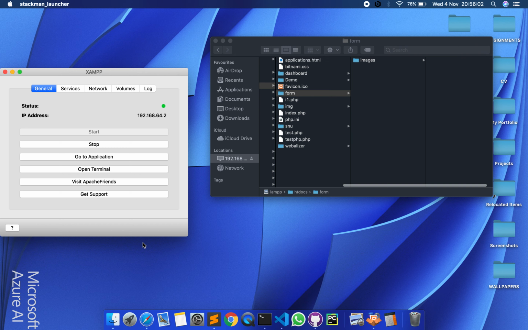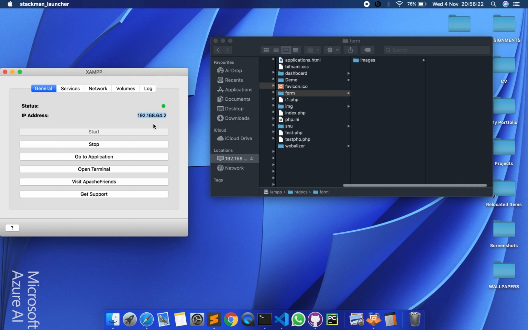First of all, you need to have the software XAMPP or MAMP installed. Currently I'm using XAMPP, and since I am on a Mac machine, it is showing me an IP. If you are on a Windows machine, you can access this on your localhost.